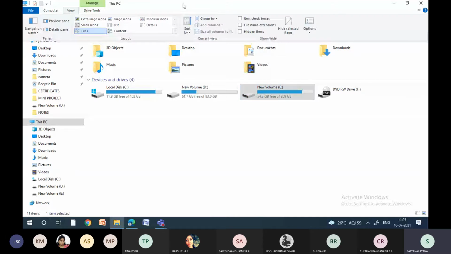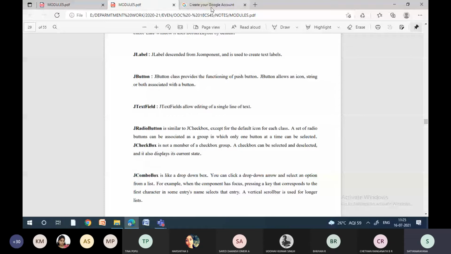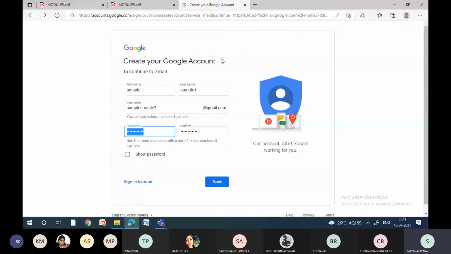See, these are the various components which we are going to use in Swing. You can use all these things to create forms like this. See how they have created this form? They have not done any wonders. They have used the various J components. This one is developed, I think, with HTML or PHP, but that is a different story. If you take Java, by using Swing components, you can develop this page.